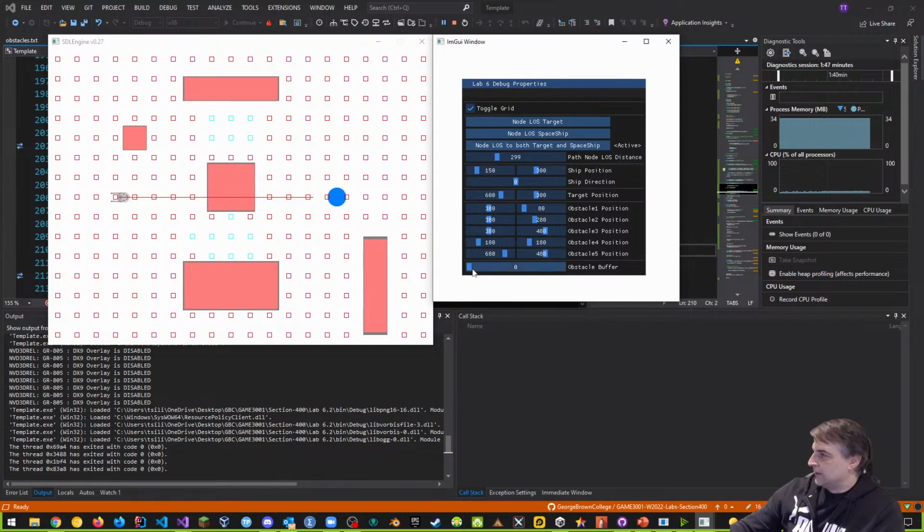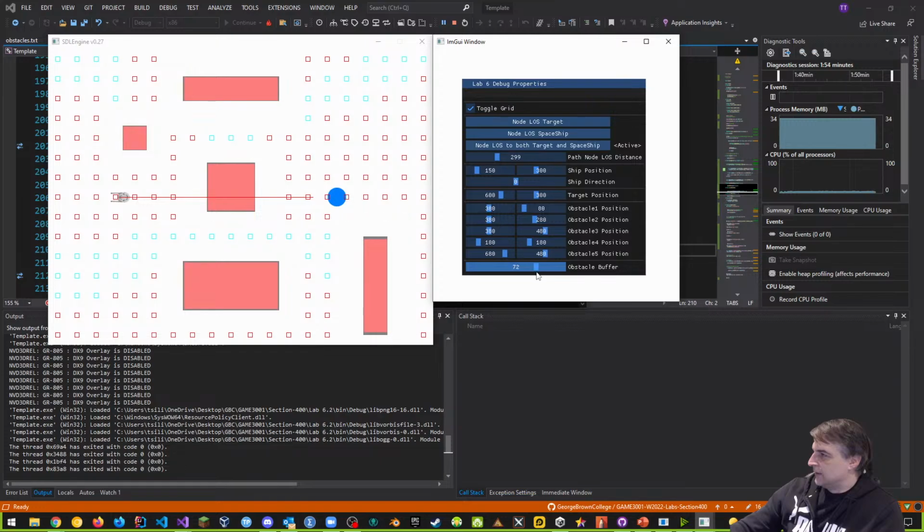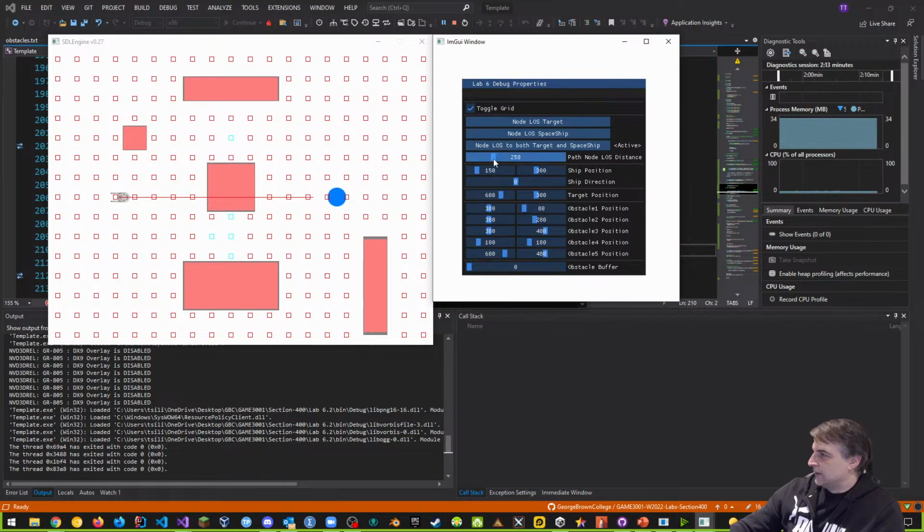Okay, and again, I can also reduce that number, right, by increasing the obstacle buffer as I go, right? So if I increase the obstacle buffer out, as an example, then it kind of loses that. That's weird that it did that too. Let me see that. Yeah, that's weird. That's really strange. That was a 0, 299. Let's move that down again. Let's go back to 299. Isn't that weird? That's a glitch.